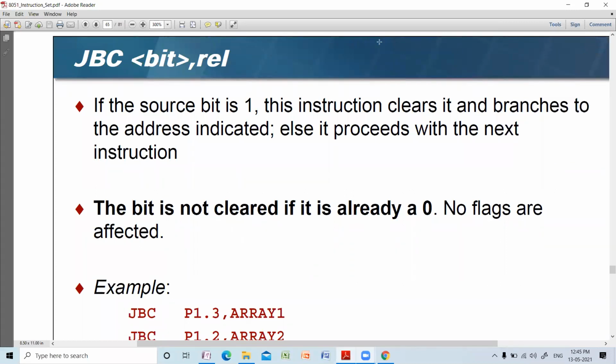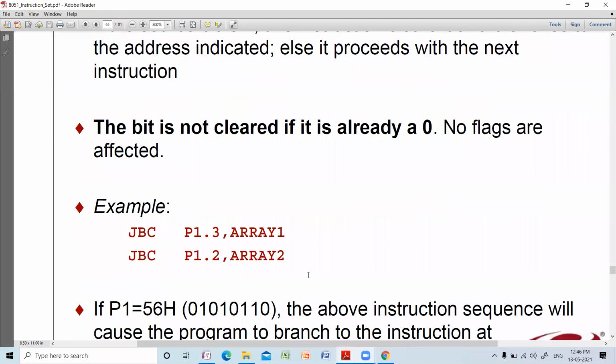The bit is not cleared if it is already 0. No flags are affected. Very important: if the particular bit is already 0, it will not clear. If the bit is 1, then only it clears and branches.